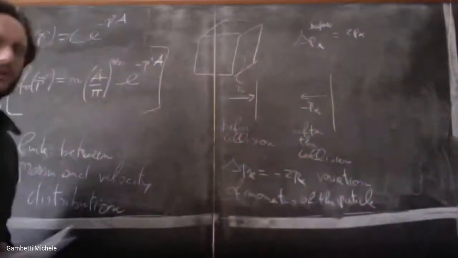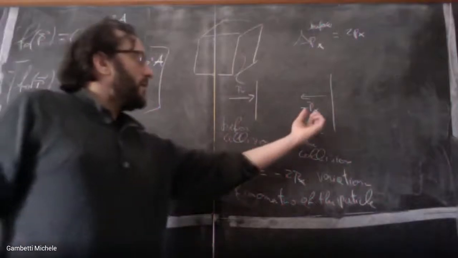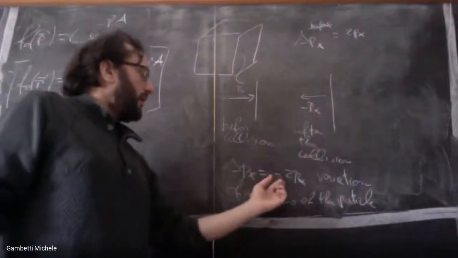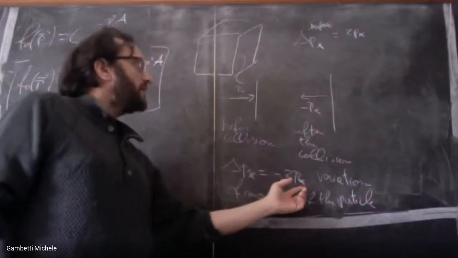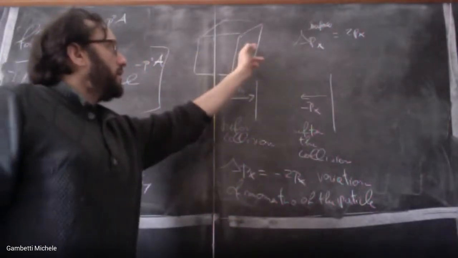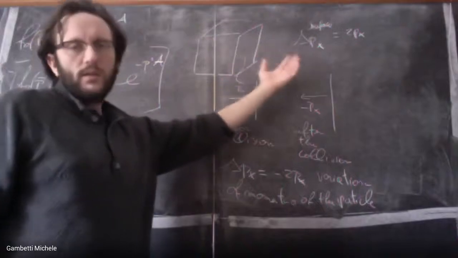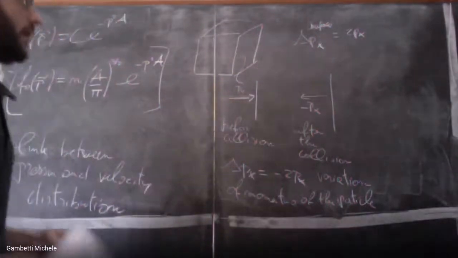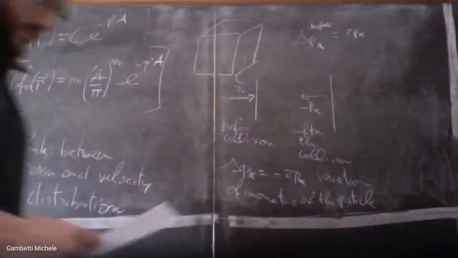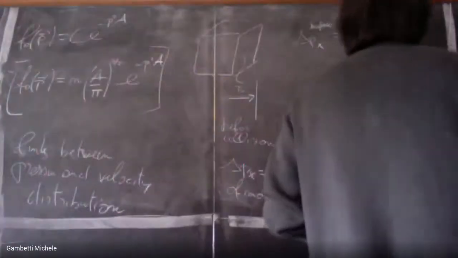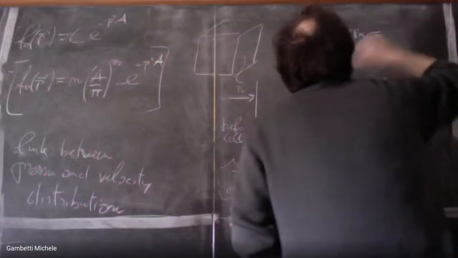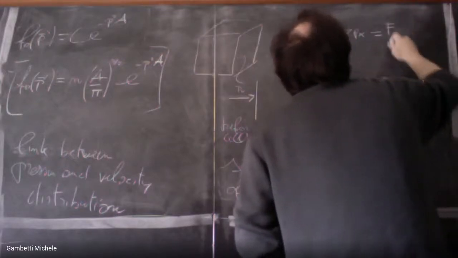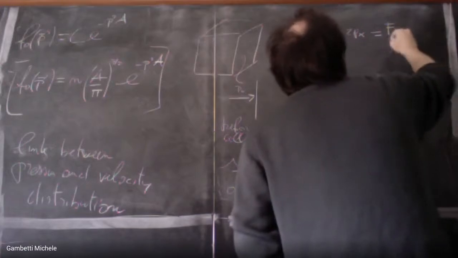So if you want, the particles exchange a momentum, and this variation is minus 2px, and of course here the variation of momentum instead is just the opposite. Okay. And this 2px of the surface must be equal to the force that the particle exerts on the surface,